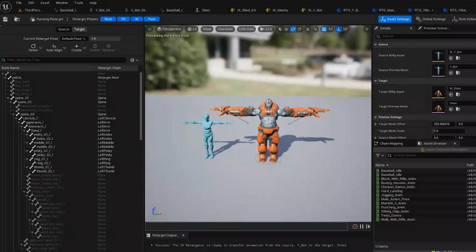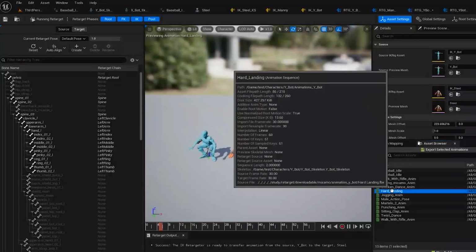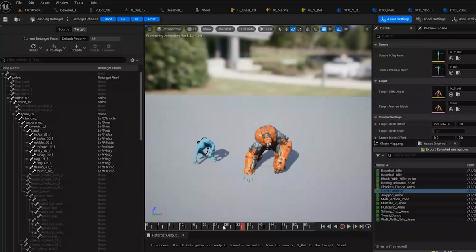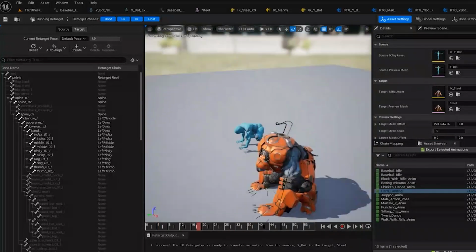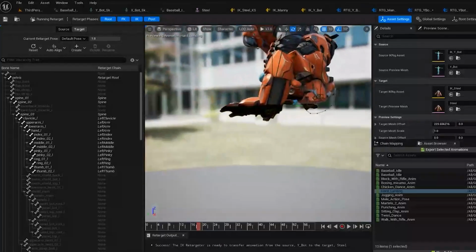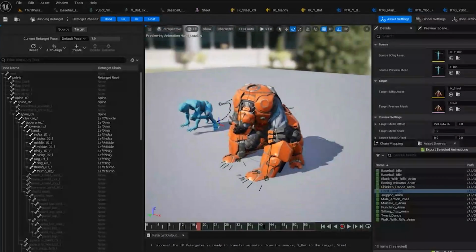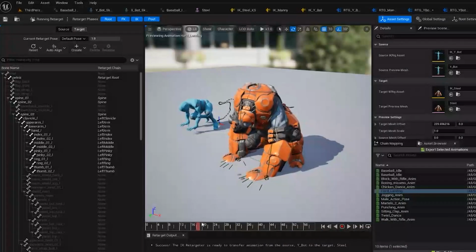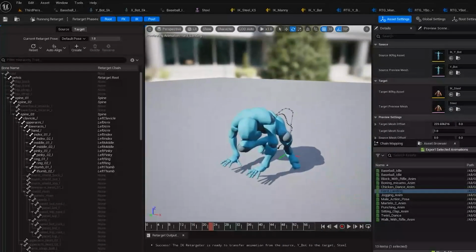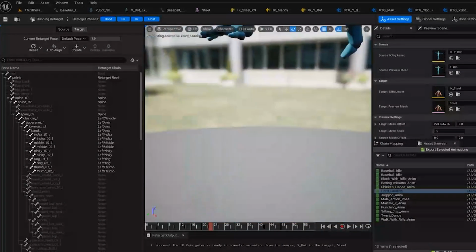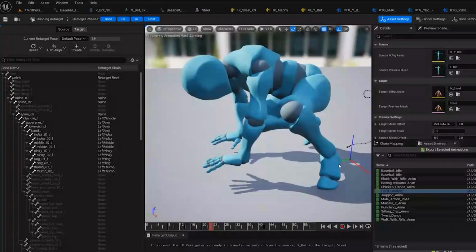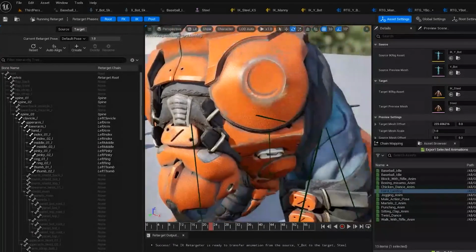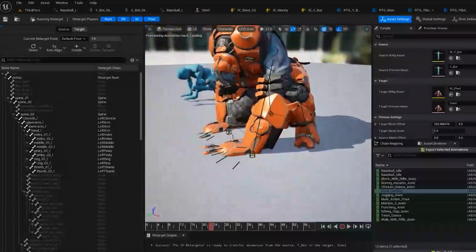So I need animation hard landing like this. And as you can see, his arms are on the floor, under the floor. And this bot has, well, it's not on the floor, it's somewhere higher, but there is one